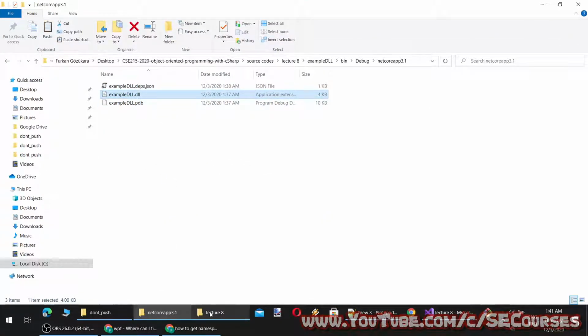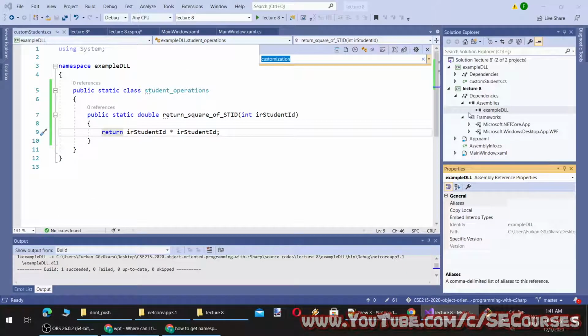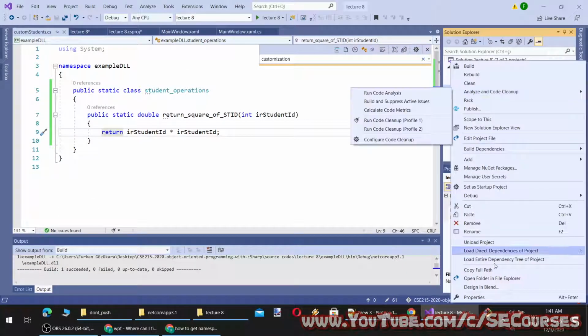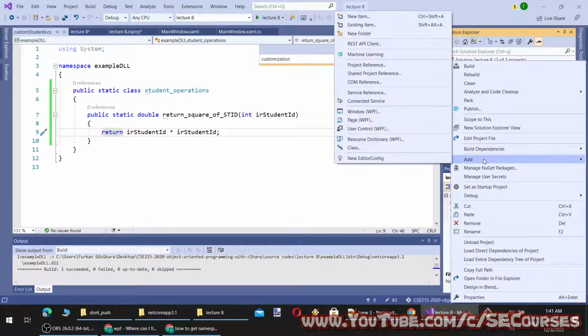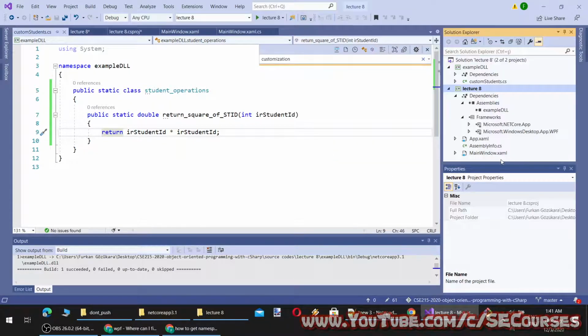That will ensure my project saving. To do that, I'm going to add a folder and I will say external, let's say DLLs.